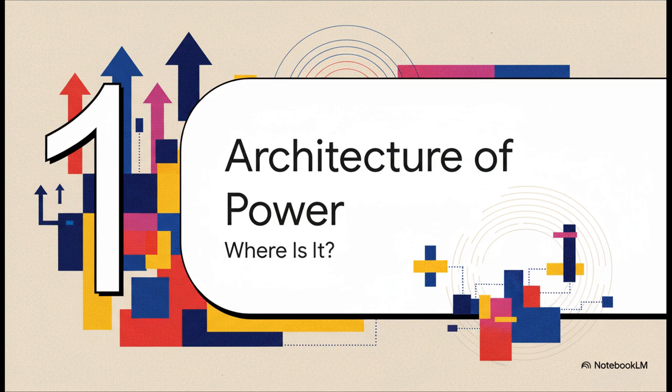Think of this as Unit 1.7 in a nutshell. We're basically asking, where is the power located? You'll find that governments usually follow one of two main blueprints, and picking one over the other changes everything from fixing potholes to managing national unity.